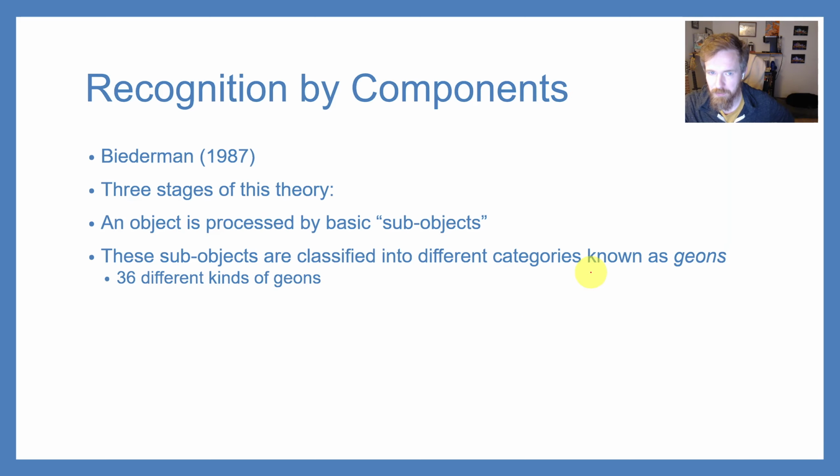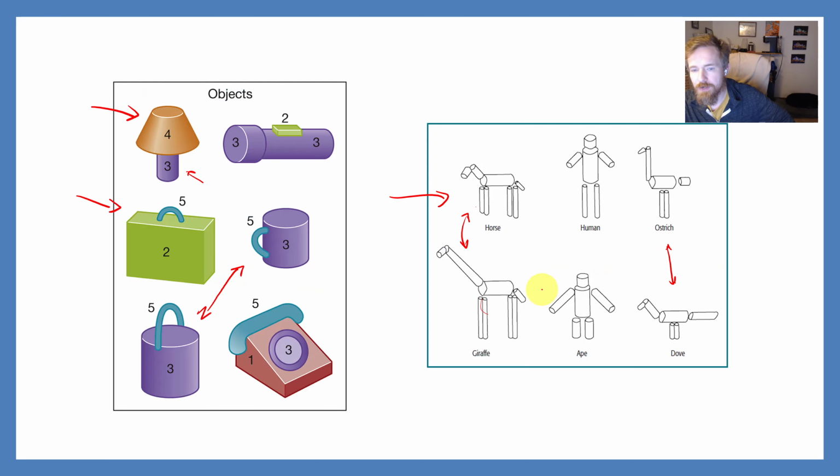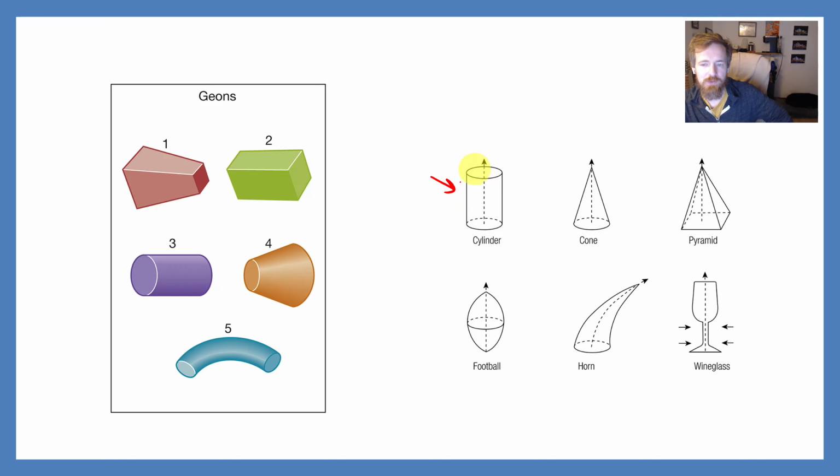So the three stages that we have here: the first is that we're going to take this object and break it down into its sub-objects. That's what we did here. The next step, step number two, is that we're going to take those geons and classify them into known categories of those geons. So, for example, if we see something like this as number three, we know that's a cylinder. If we see something like this, okay, that's a cone and a pyramid and a horn and a football and a wine glass. This is a loop and a